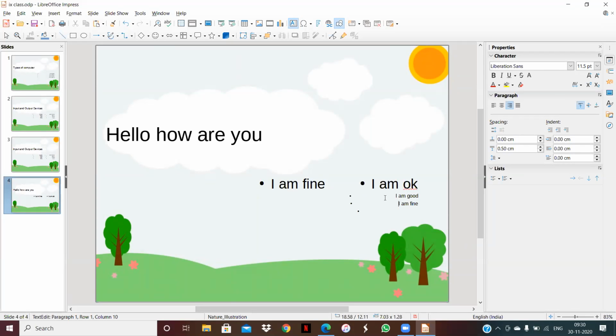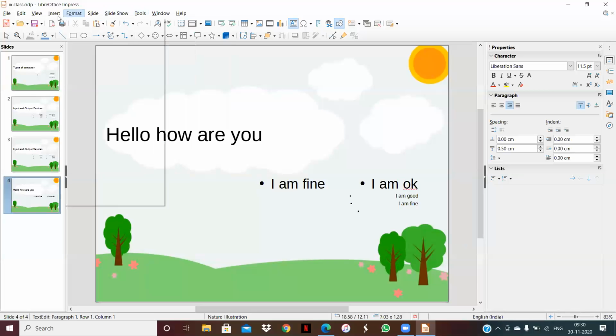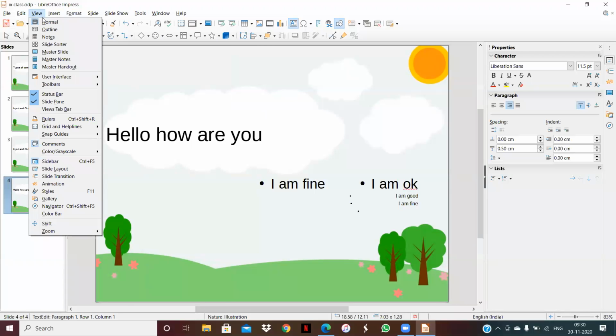Next is view of the presentation. Yes, my dear students, different views are available for a presentation. Then how can we see those views? Click on view, then on toolbar. The view option is here. You can see different views here, like normal view. This is normal view.